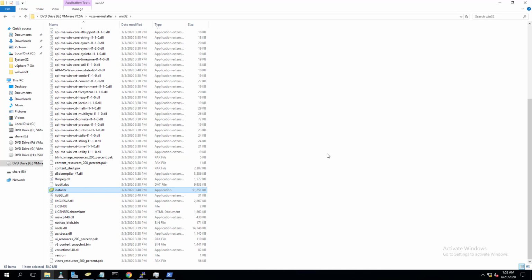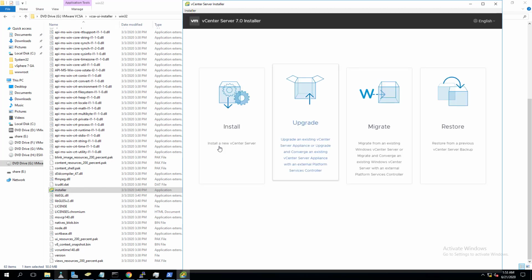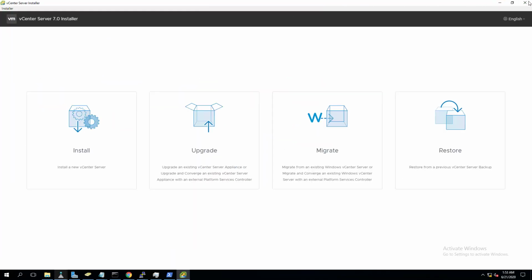As I said, if you are running vCenter Server 6.7 with an external PSC and you are trying to converge within the same version, we have to run convergence command-line tools. But with the 7.0 upgrade, it was simplified and everything has been included with the installer. With the installer, we have four different options. New installation.